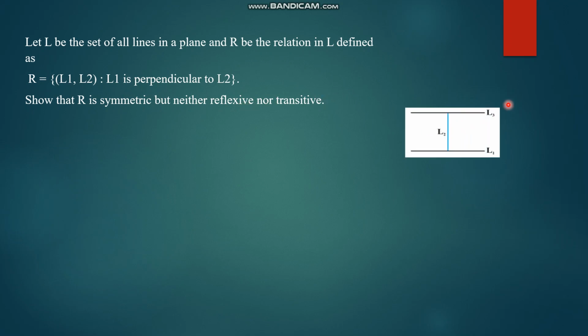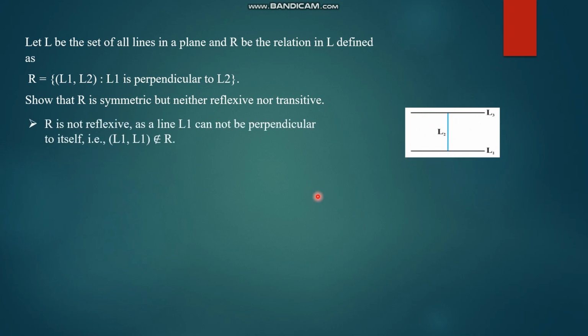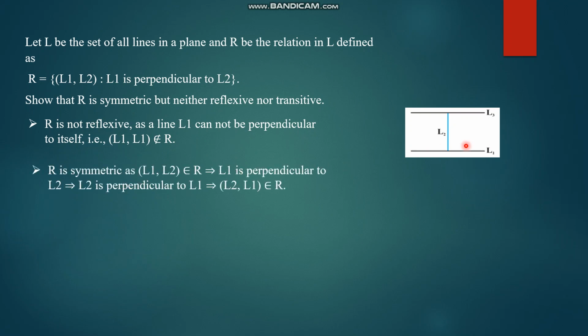Now look at this picture. I have taken three lines. This is L1, L2 and L3. Here you can see that R is not reflexive because a line cannot be perpendicular to itself. Obviously, a line is parallel to itself, but it cannot be perpendicular to itself, so R is not reflexive. But of course, R is symmetric because as you can see, if L1 is perpendicular to L2, L2 is also